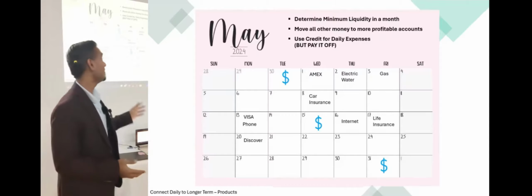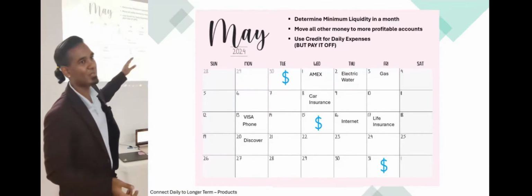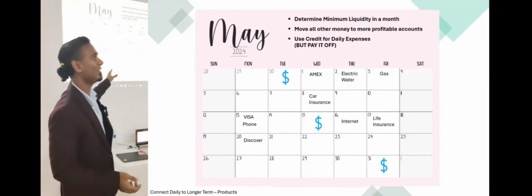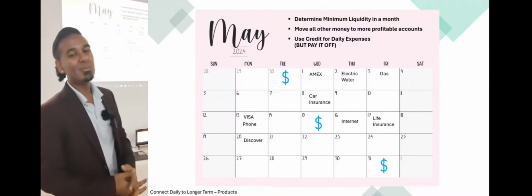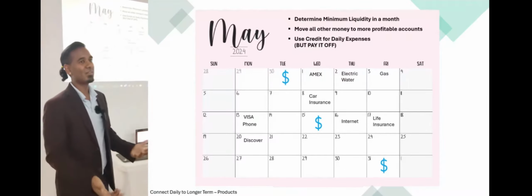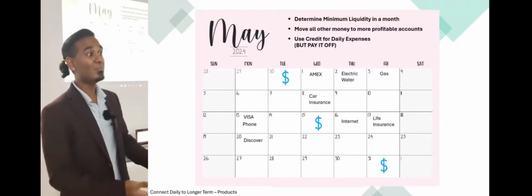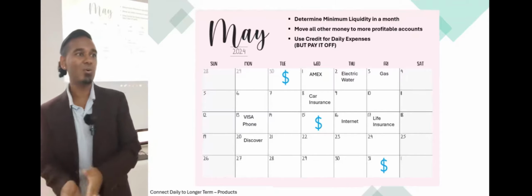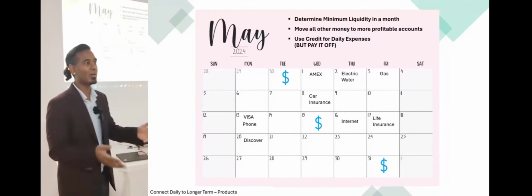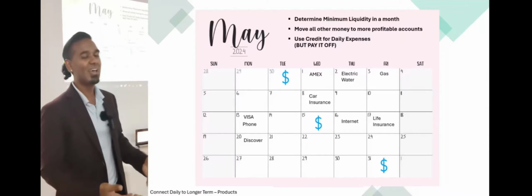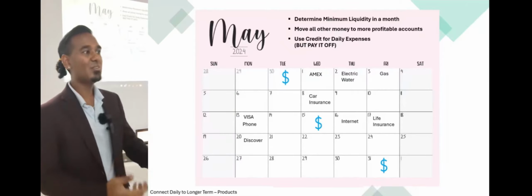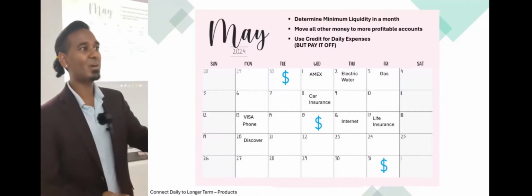So if you don't plan ahead, you wouldn't know how much you have, and if you don't know how much you have, you wouldn't know where to put that money. So because you know in advance you have $3,000, you can say, I can move this money to a more profitable account or an account that's safer or gives me more peace of mind, right? And be able to use your money more effectively in the accounts that work for you.